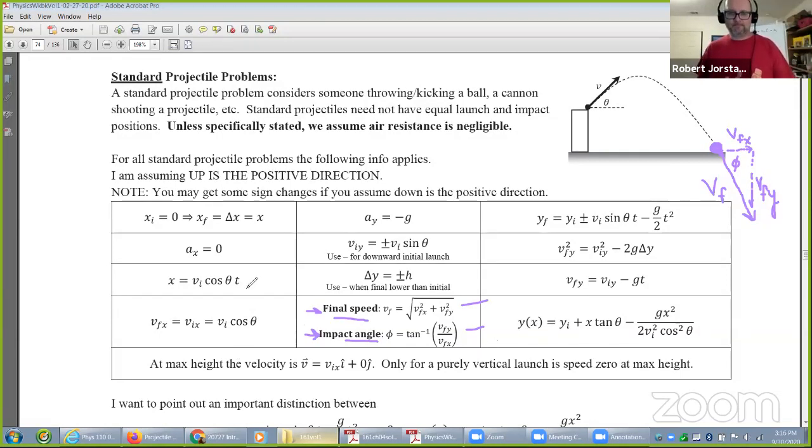All right. Now, I'll mention one other thing. In this problem, T